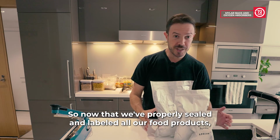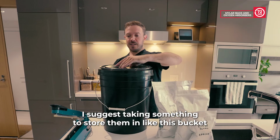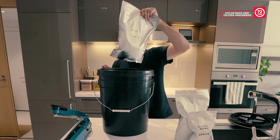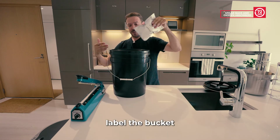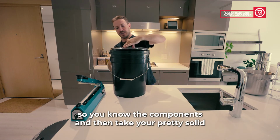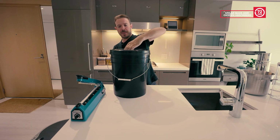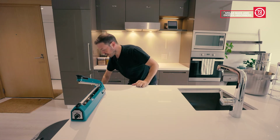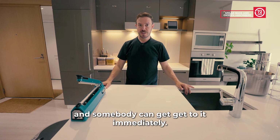So now that we've properly sealed and labeled all our food products, I suggest taking something to store them in, like this bucket with the Ready Seal lid. Throw those in there, label the bucket so you know the components, and then take your Ready Seal lid and screw that on, and that'll give it even extra protection. You want to store this in a nice cool and dry place, and then keep it so it's easily accessible in case you have an emergency situation and somebody can get to it